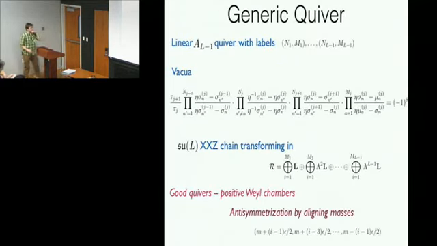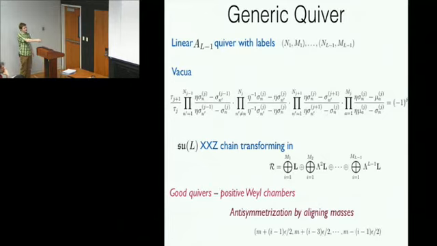Good. So for the generic quiver, you also have contributions from bifundamentals. So that's why the equation becomes longer. There is some annoying sign to the right, which you need to care about, but still it's tractable. So the most generic situation is that you have an XXZ spin chain with the symmetry group SU(L), which transforms under